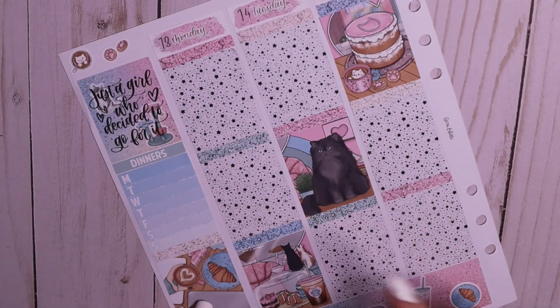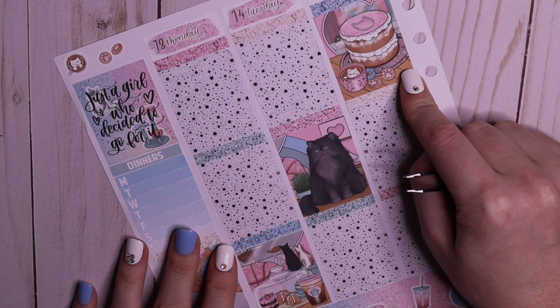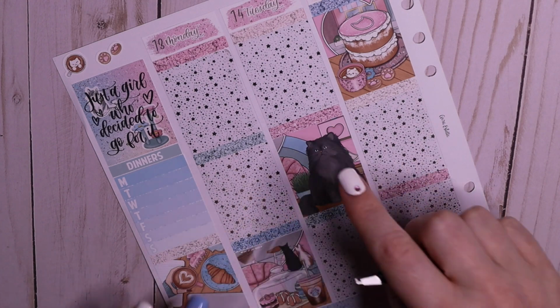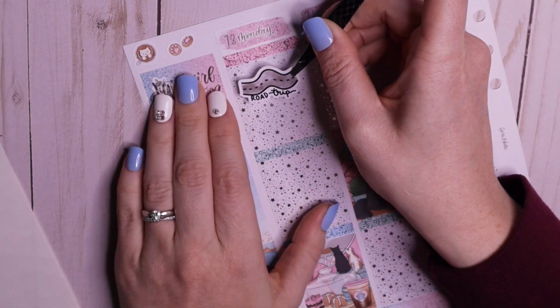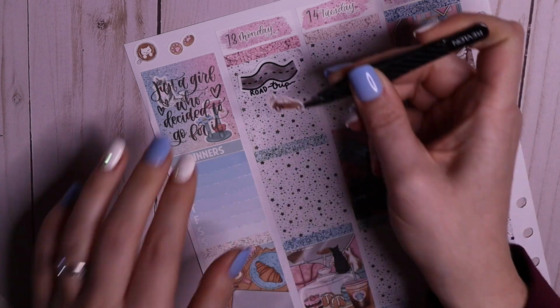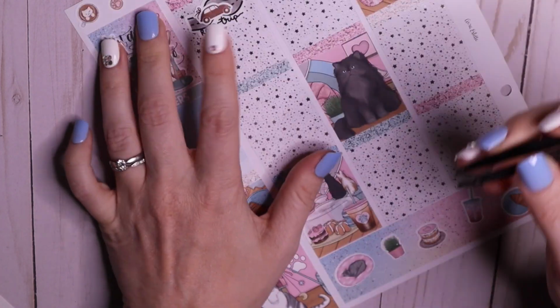On the Sunday, I had left to go to our friend's lake house and just to cut up the drive. If you drive straight from Vancouver to Calgary, it's about 12 to 13 hours. That's a long time for the dog to be in the car. So me and Brie left Sunday afternoon, went up to Kamloops. So I've just got this little road trip sticker. That road trip sticker is from the Planner Monkey Co. And then this little silver foiled car is